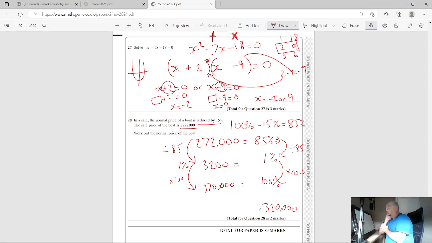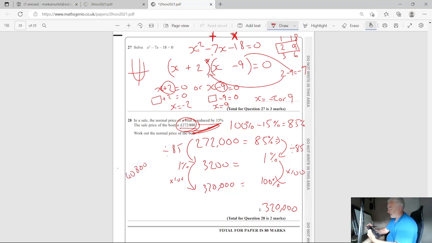Now, you could say, you know, the link between these two, thinking of what 15% of reduced it by 15%. The most common thing that happens here is people find 15% of that and add it on. You can't do that because 15% of 272,000 is smaller than 15% of £320,000. Okay, and usually if we did that, and I will just show it on the calculator. We've got 272,000, okay, times 15%. That gives me